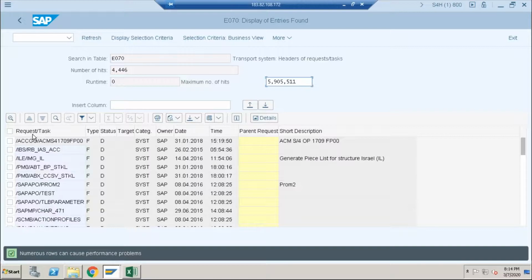No, this is not it. See, he is showing the header of the request. But this is the E070. Actually, you want to get the transport request number and transport request type. These are the standard requests, maybe not available in the recipe. I need to see first, because when you go for the audit day, you have to prepare all the transport requests you are releasing. At that time I can use this.